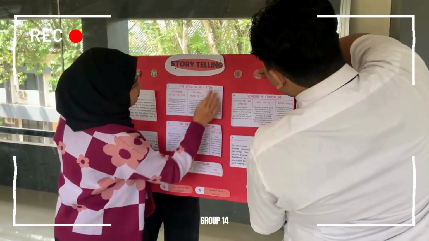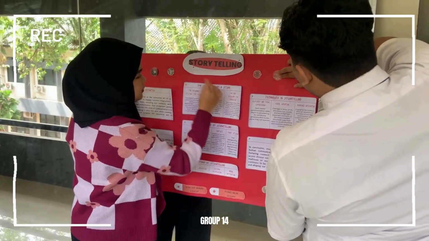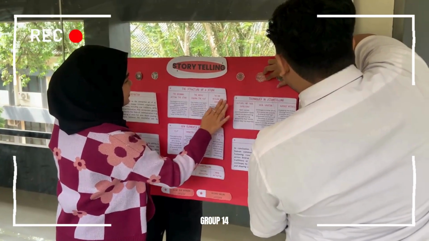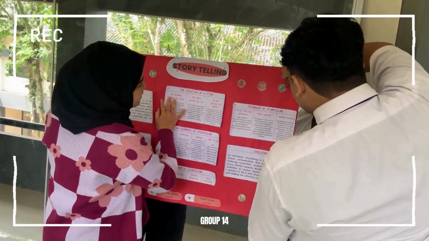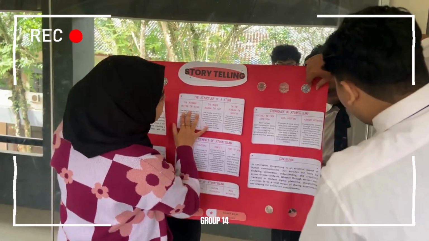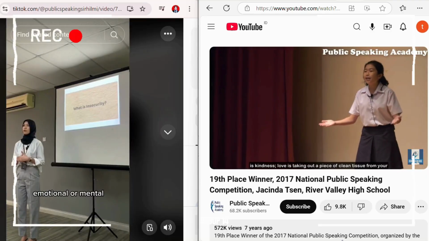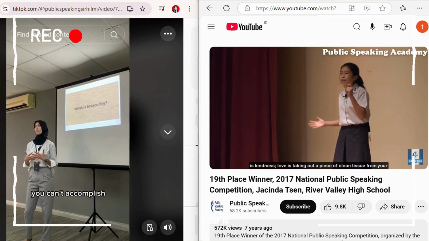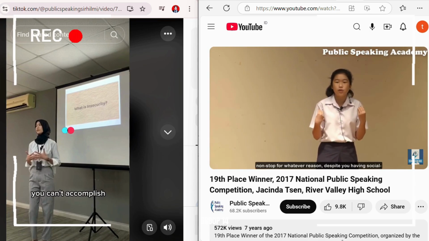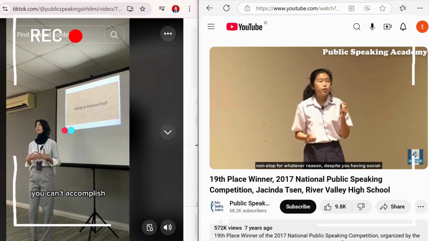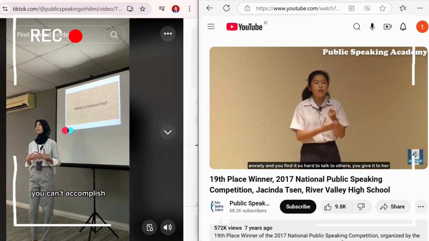When preparing the poster design, a new challenge arose: how to convey the information in a visually appealing and easy to understand way. So we used a combination of contrasting colors to make the text easy to read and added examples to add imagery and clarify the explanation. During the process, we experienced some difficulties in preparing an oral presentation. However, by looking for some video references on YouTube and TikTok, and also looking at other groups' presentations, we found a solution.